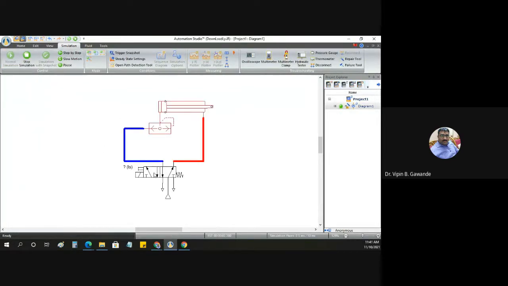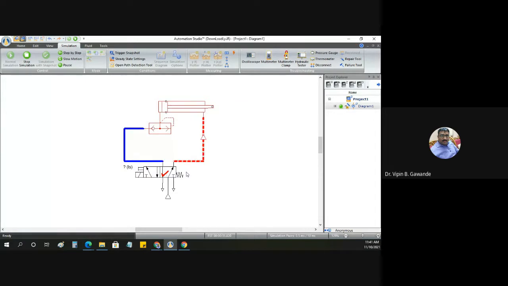So now let us take this one. So you see this one, the ball here. Okay, so this is the non-return valve. Now when we go to this position, this ball will come here and the fluid will come from this direction. When the pressure is more, this ball will move up to here and the fluid goes in this direction. This is closed. The fluid moves from this direction, so that's why this piston moves from left hand side to right hand side.